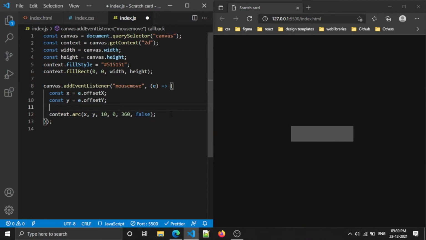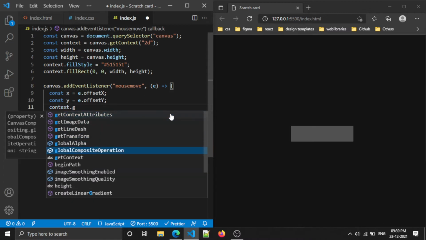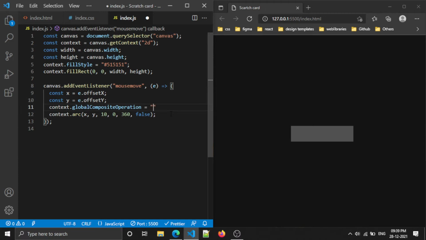Actually, we need to call one special property on our context: context.globalCompositeOperation equal to destination-out. As of now, don't focus much on this.